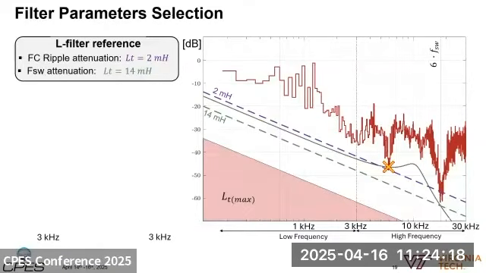Then we can place the resonant frequency as close as possible to the combined switching frequency, but that is very difficult while keeping a low inductance, because then the flying capacitor ripple will start affecting your design, as it will be crossing the transadmittance of your filter. So you can try to increase it a little bit, but then you fall into the same problem at the switching frequency. So in that case, the best way is to decrease the resonant frequency of the filter by increasing